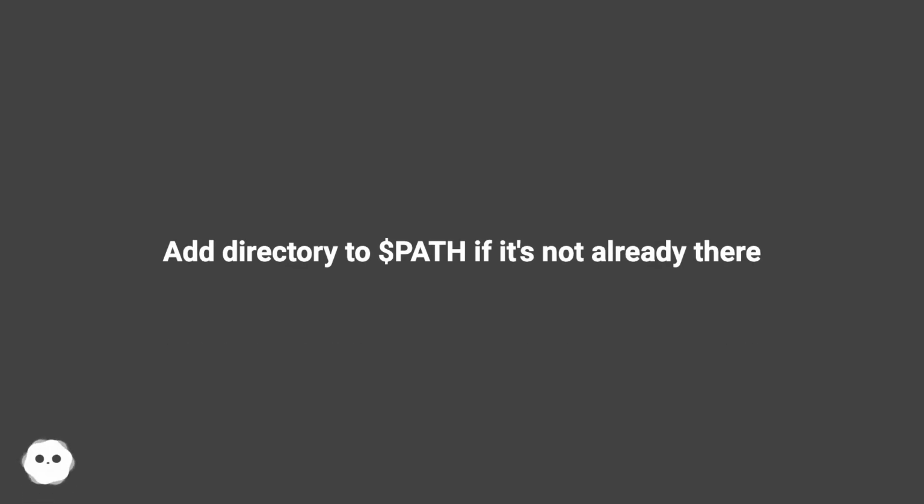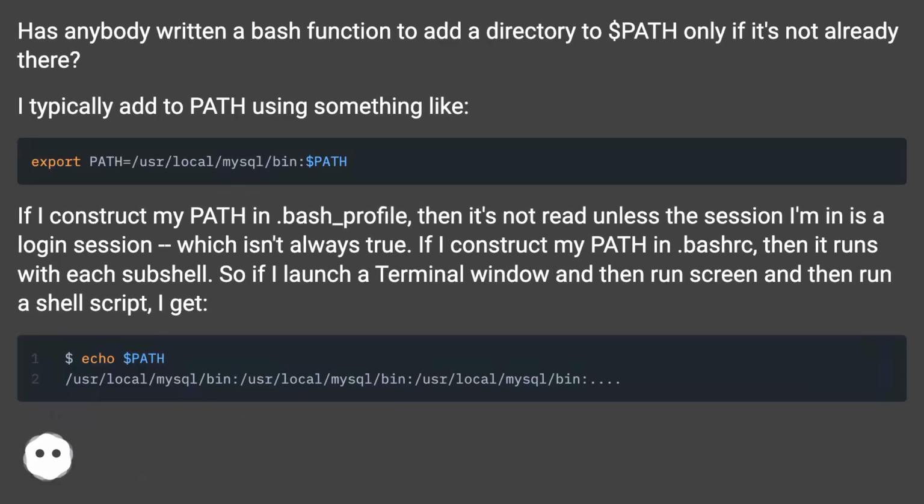Add directory to $PATH if it's not already there. Has anybody written a bash function to add a directory to $PATH only if it's not already there? I typically add to PATH using something like,